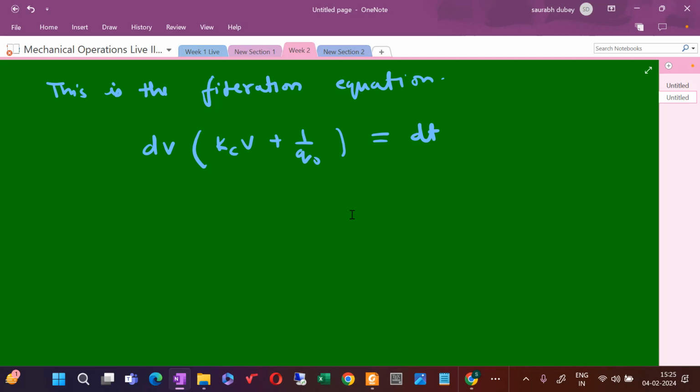And then when you take this dV inside, you will be getting Kc V dV plus 1 by q0 dV equals to dt. Integrating both sides,